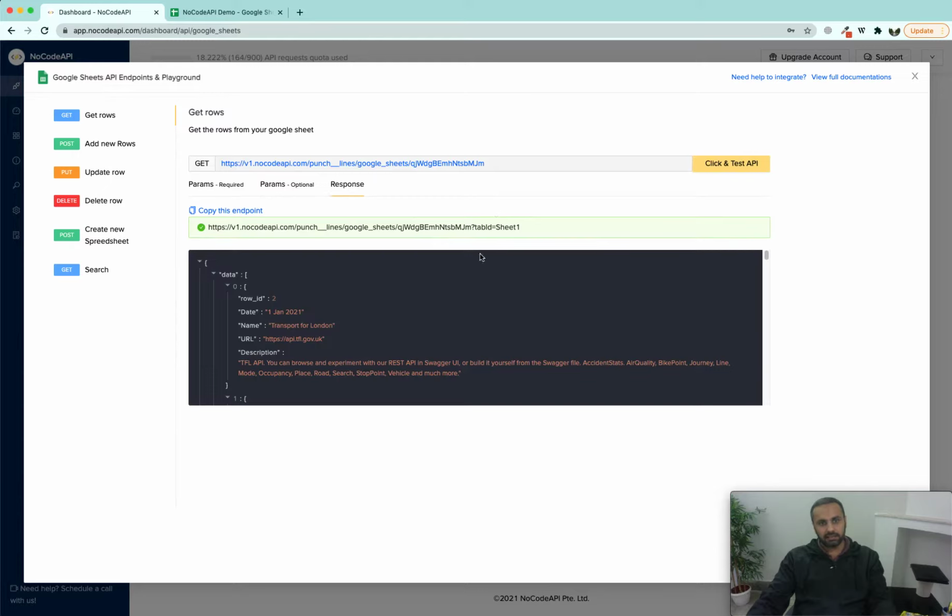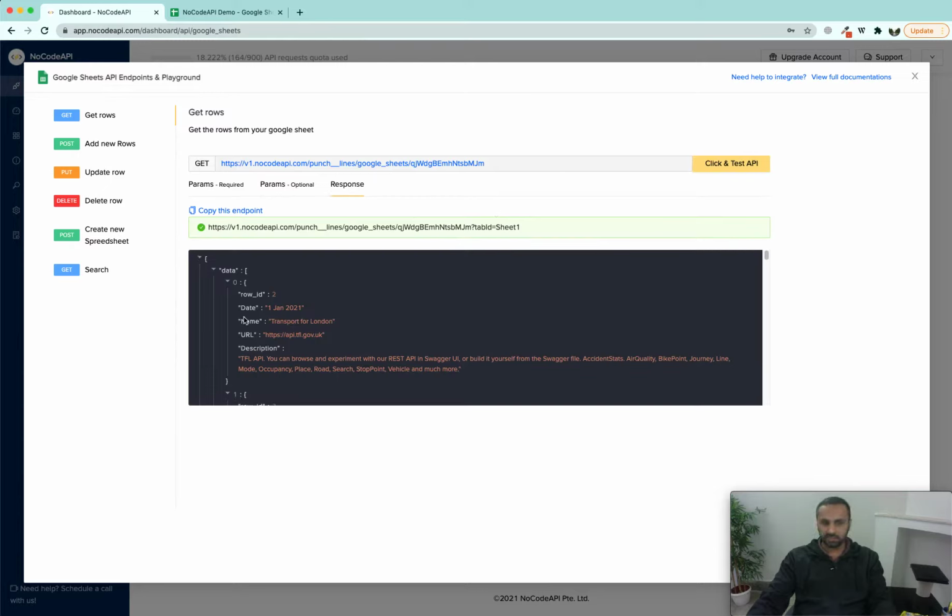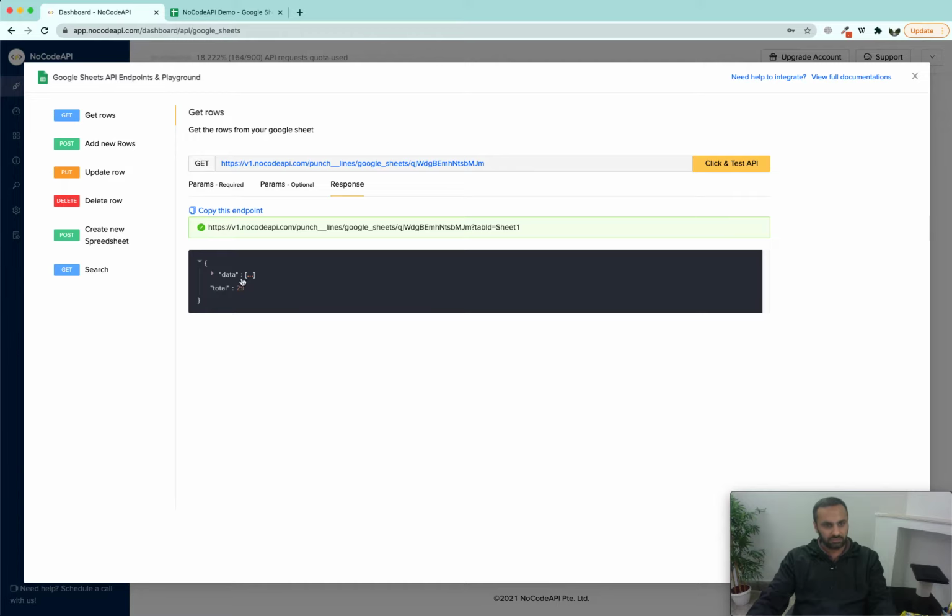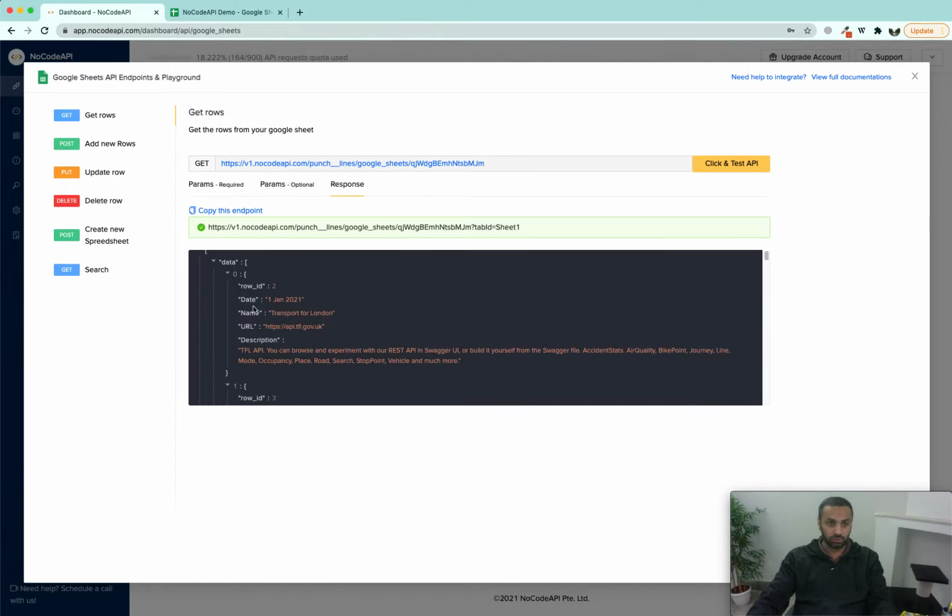Once I click and test this API, it is going to show me all the rows in JSON format. You can see that all these rows have been fetched from the Google Sheet, there are a total of 29 rows, and each row has the table heading along with it.